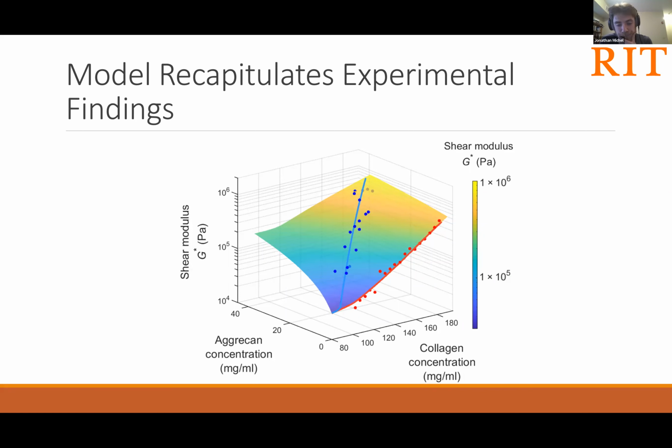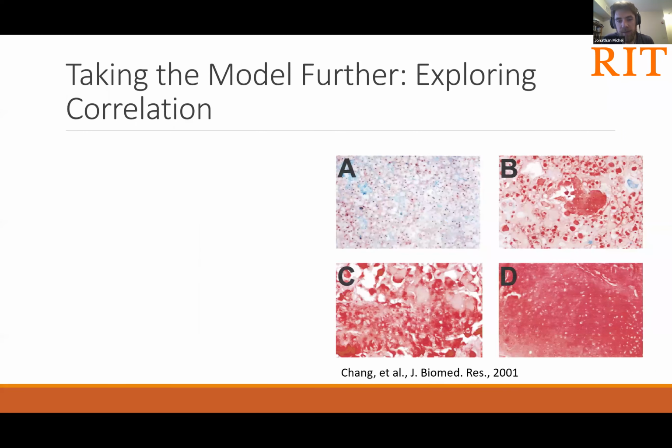So I guess the big takeaway from this phase of the talk was that we now have kind of a proof of principle for this mechanistic model relating concentrations of individual constituents to the overall bulk properties of this tissue, and this lends greater understanding into how chemical degradation of this tissue can result in loss of function. Now I'd like to pivot a little bit.